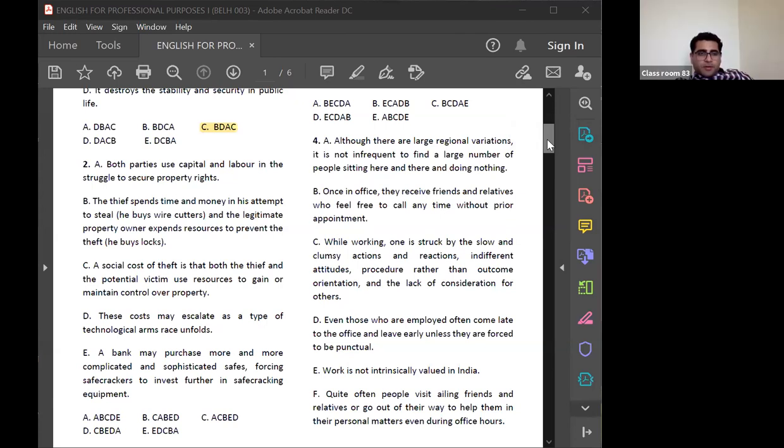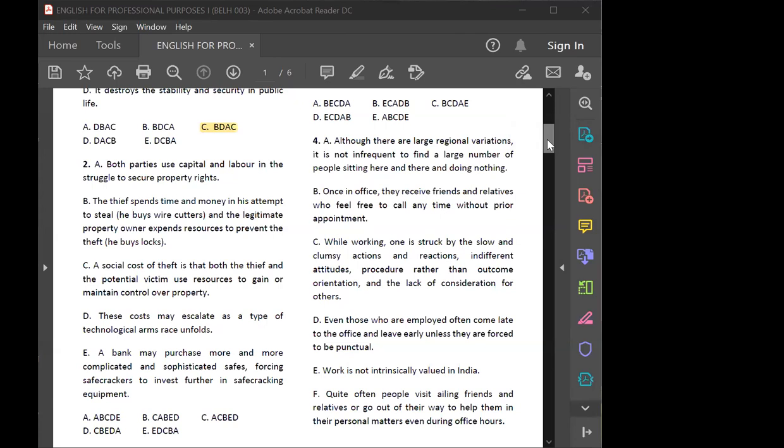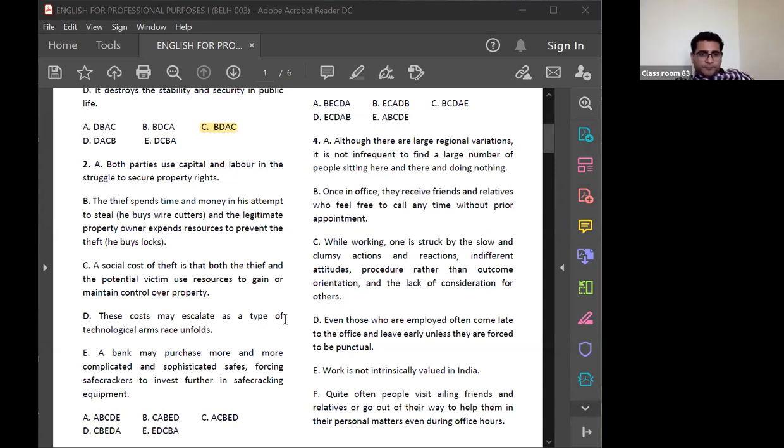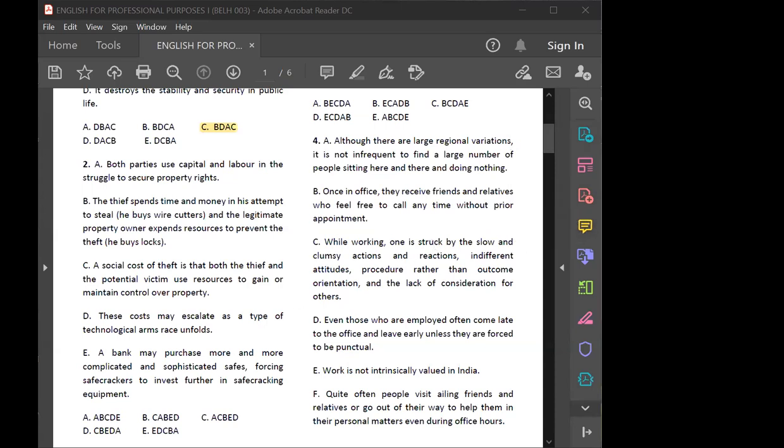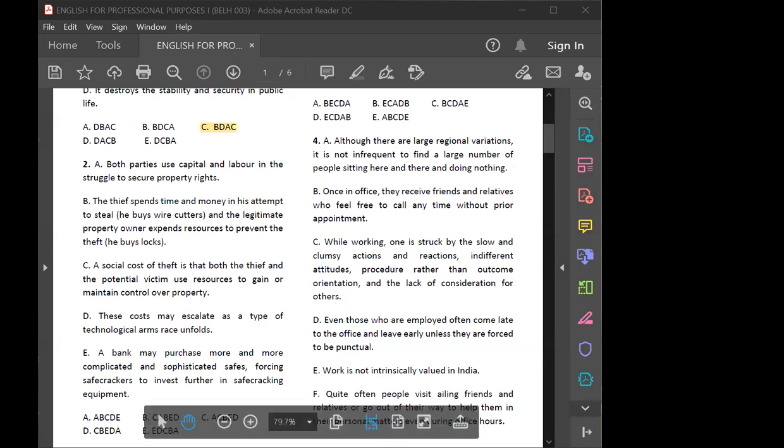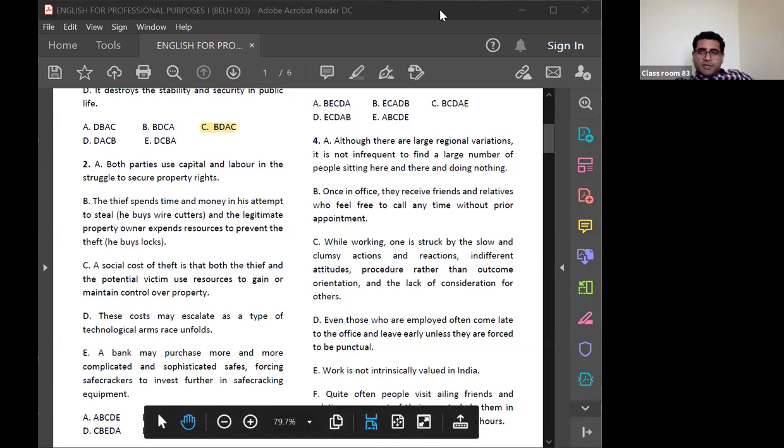So I am thinking C should be the starting of the paragraph, then A, and then D. I mean C, B, E, then A, D. So option D: C, B, E, D, A. CBEDA. Okay. Anybody would like to contradict Shubhanshi?